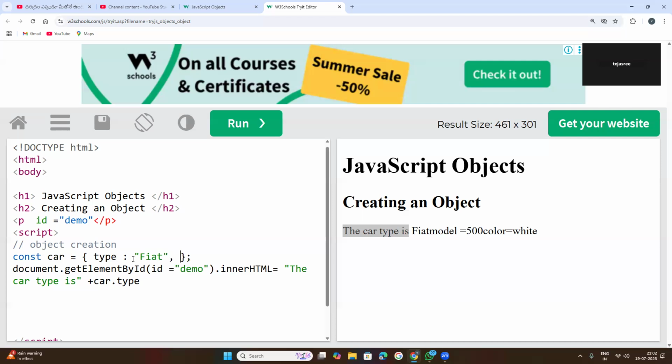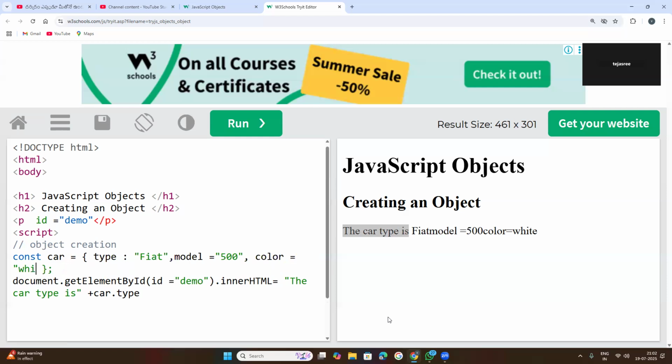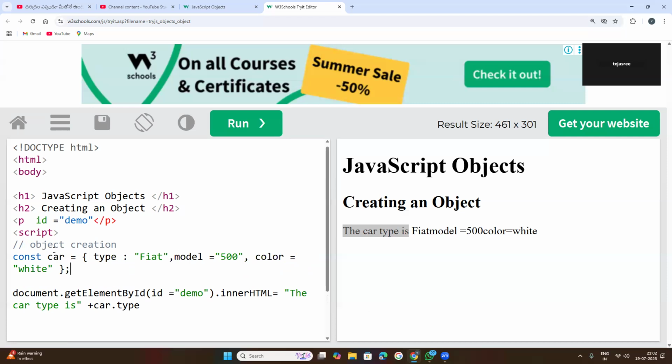Then after a comma, one value stored. Next is model. Model is equal to what? "500". Now comma, next color. Color is equal to "white". So now the object is created; terminate with the semicolon. So car is an object. That car has three pairs of values. One pair is type Fiat, model